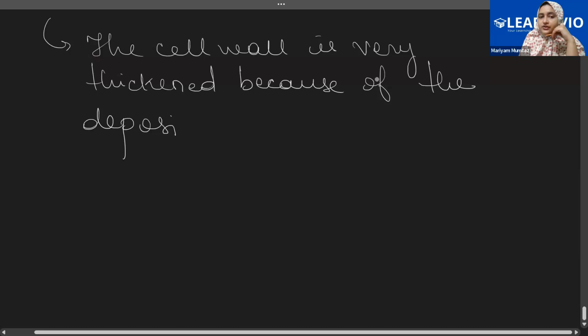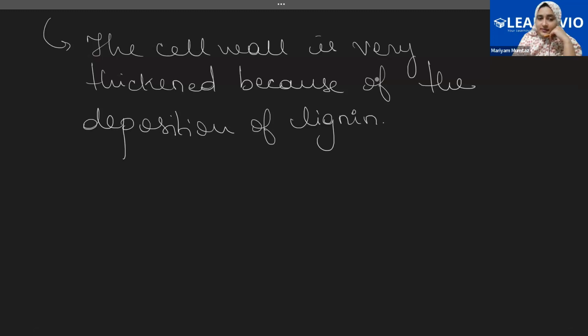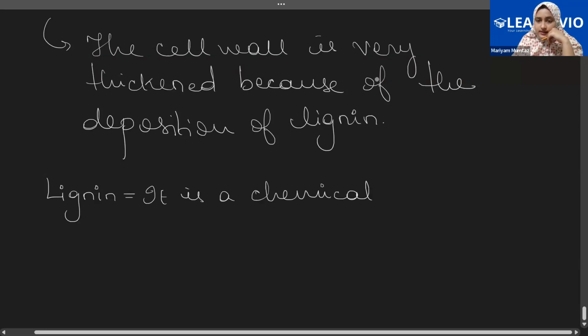Everyone understands deposition? Yes, ma'am. So it is thick because of the deposition of lignin. Now this lignin is a chemical substance. We'll write a little bit about lignin. Lignin is a chemical substance